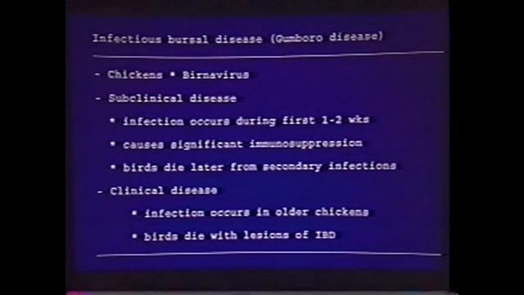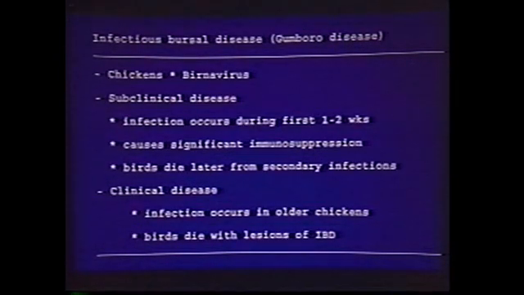Clostridial infection, maybe staph infection, adenovirus. That's the other one I talked about: inclusion body hepatitis is also predisposed by IBD virus. So birds will not die during the first 2 weeks when they become infected. That's subclinical, okay? The clinical disease occurs in older birds, so it occurs in birds older than 2 weeks, maybe